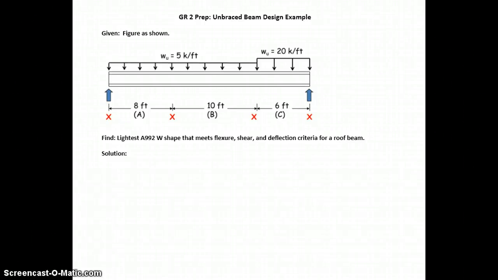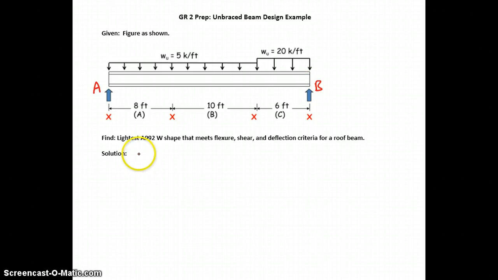Hi, in this video I'm going to be solving a design problem and finding the lightest A992 steel W shape that meets the requirements for this roof beam with the given factored distributed loads. The first step would be to solve for support reactions, and if we consider this point A and this point